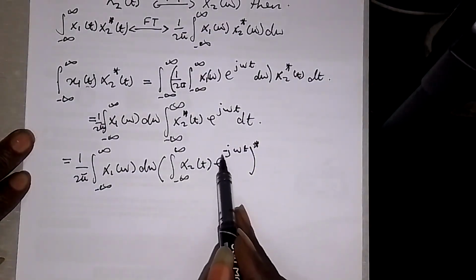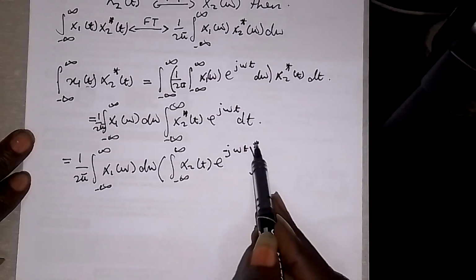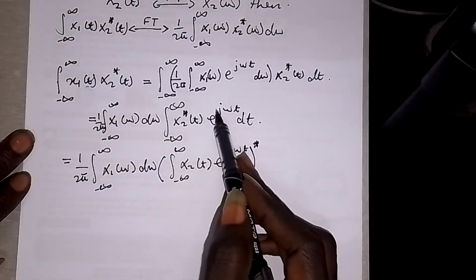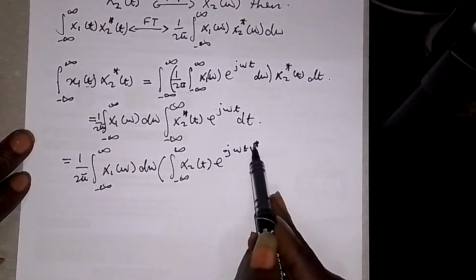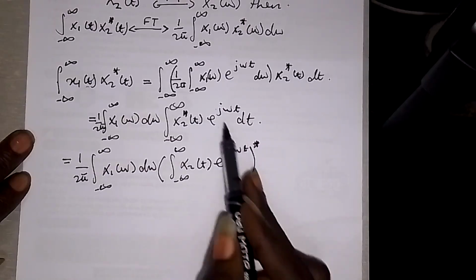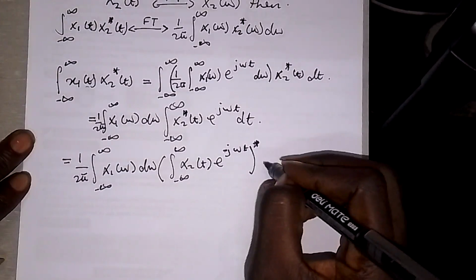So now you see that here is minus, because I brought the complex conjugate outside. If you bring the complex conjugate outside, the positive becomes minus, and then I can bring my